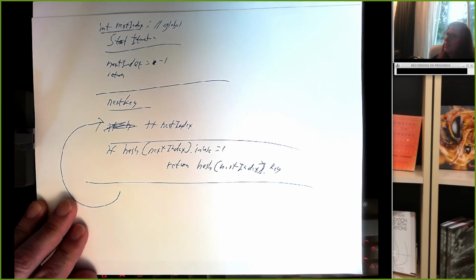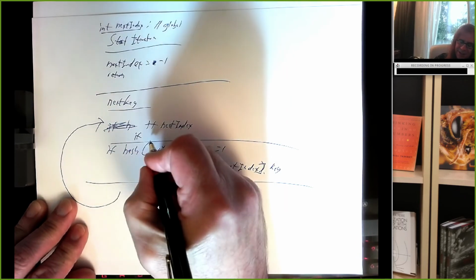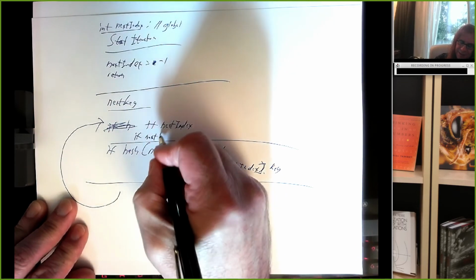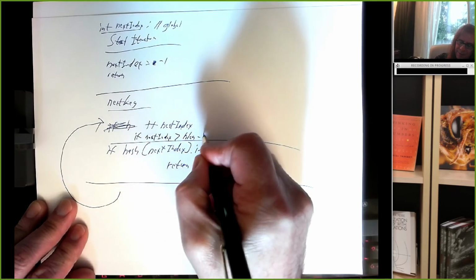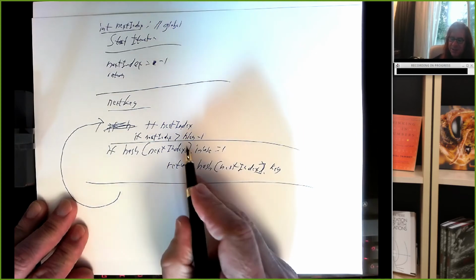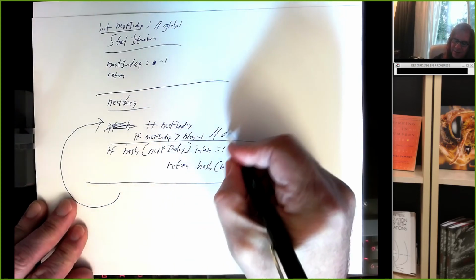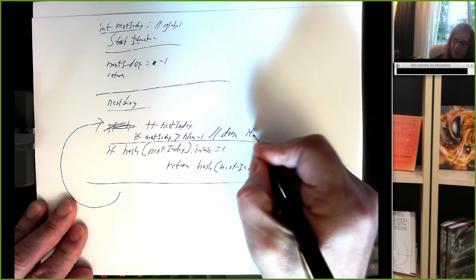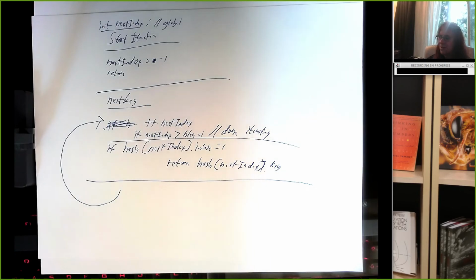And to make sure I don't seg fault, I need to make sure this index is valid. So I'm going to bump up next index, and I'm going to say if next index is bigger than my hash table length -1, because this is the largest legal index. So if I exceed that, then we're done iterating. So I'll return null or an empty key, something to tell the caller, hey,